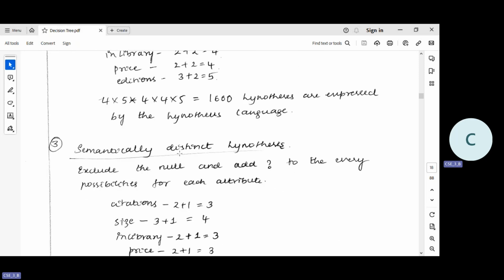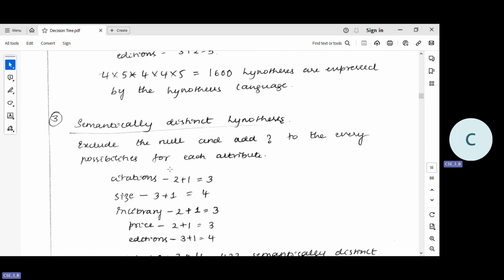Next is semantically distinct hypothesis. In order to find this, we have to exclude the null hypothesis and add a question mark to every possibility for each attribute. So there are two hypotheses, generic and specific. We'll be removing the most specific and considering only the generic one, and we are adding to